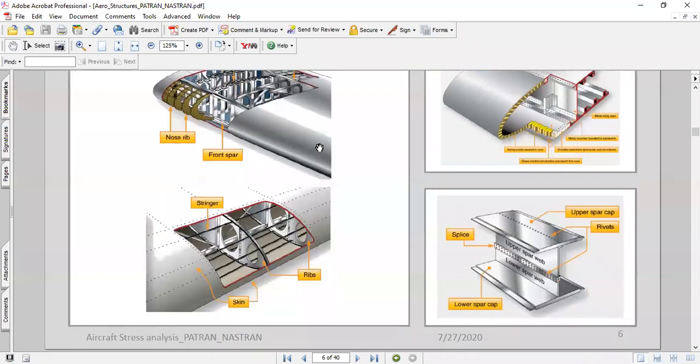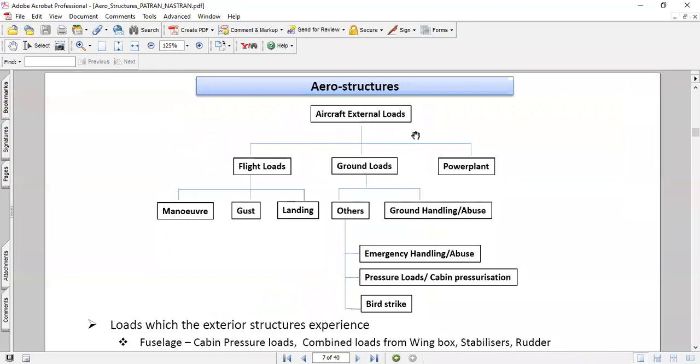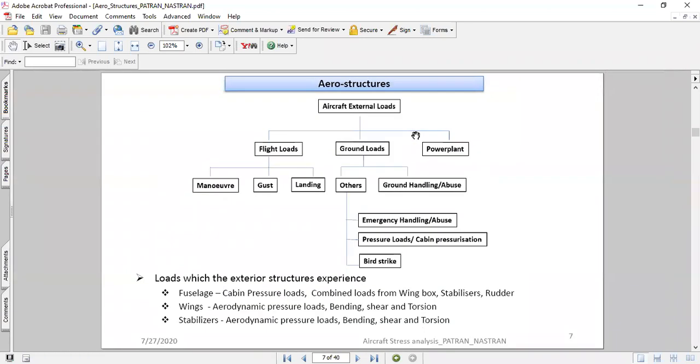Then we move on to the loads that act on the aircraft. I have put down the various types of loading that act on the aircraft. Primarily, there is aerodynamic loading acting on the aircraft, which is considered the flight loading. The flight loading is categorized as the loading that comes from maneuvering, gust, and landing.